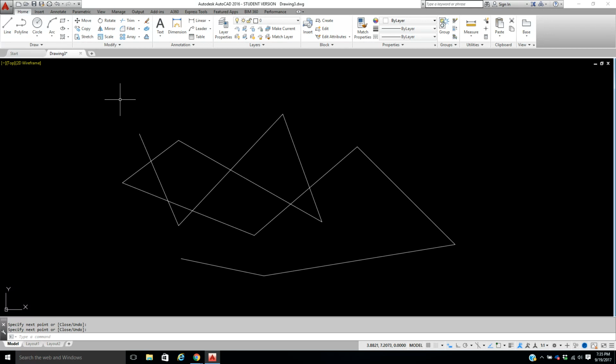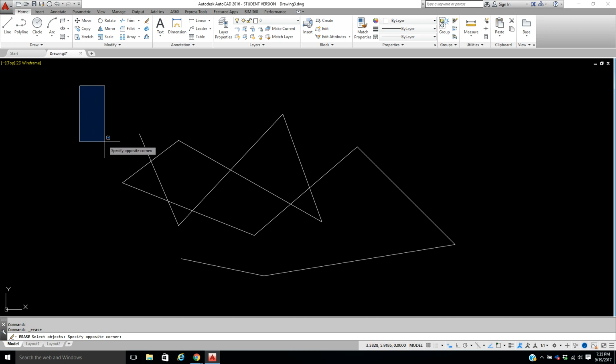Okay, your first selection method is very simply, if we pick the erase command, I can come into my screen and pick exactly what line I want. I select it, I right click, and it's gone. Okay, I'm going to bring that line back for you. Okay, the next thing, I can pick the erase command, and if I pick and let go of the pick button and pull it straight out,